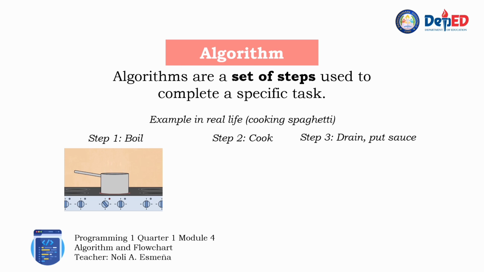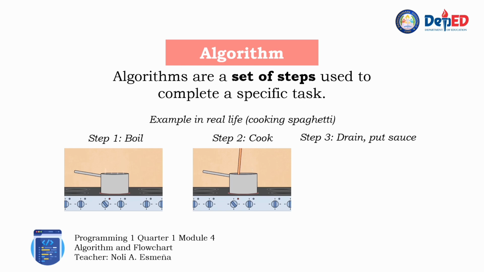First, you need to boil water. Once it's boiling, you need to add the spaghetti and cook it for a set amount of time. Once it's finished, you drain the water, then it's ready to serve with sauce of your choice. By following certain steps, you've accomplished a task. But a mistake in following them, like overcooking the noodles, will also result in the failure of the desired outcome. Programs work similarly.